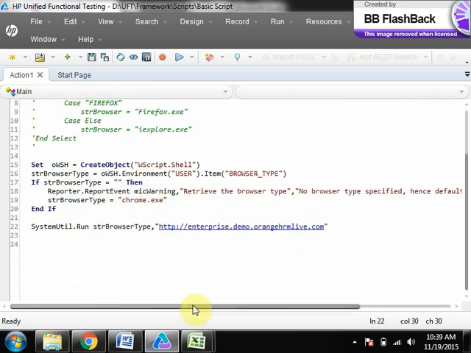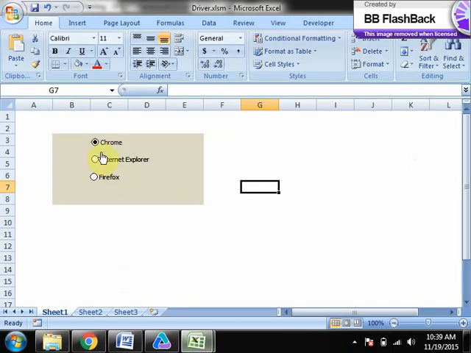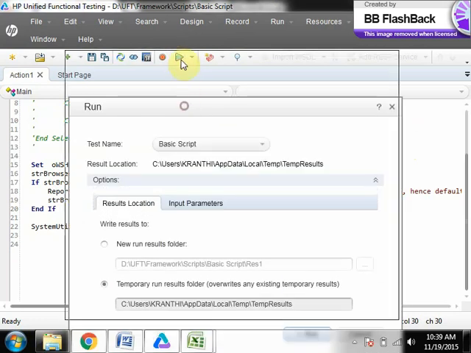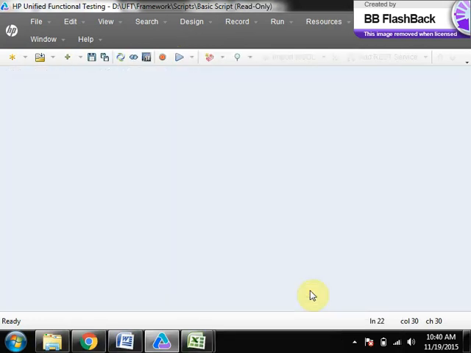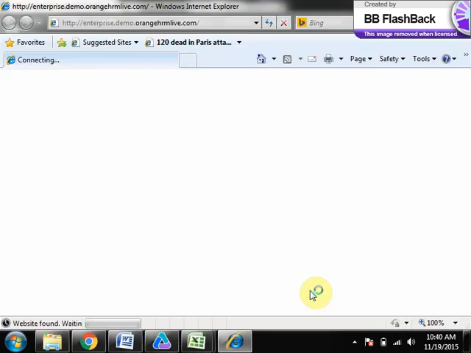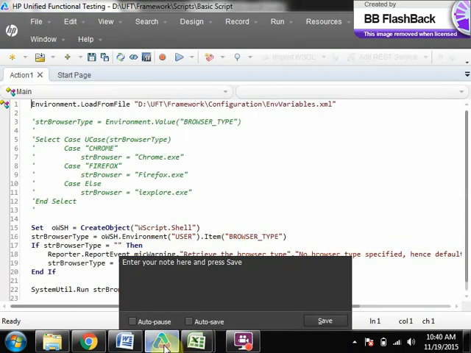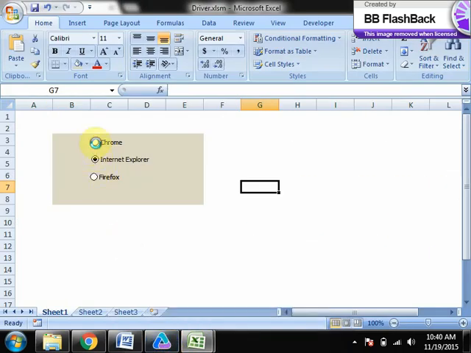Okay. So now do one thing. You select Internet Explorer and run the script. So it launches Internet Explorer. You select Chrome.